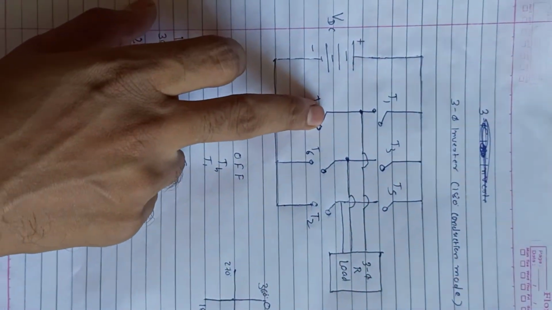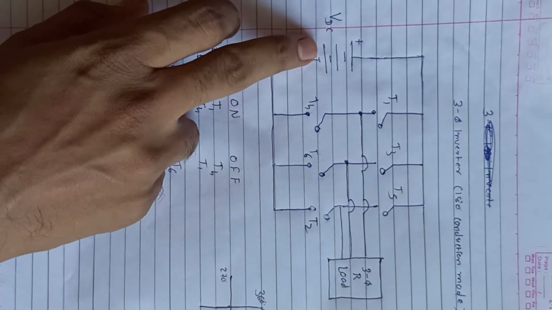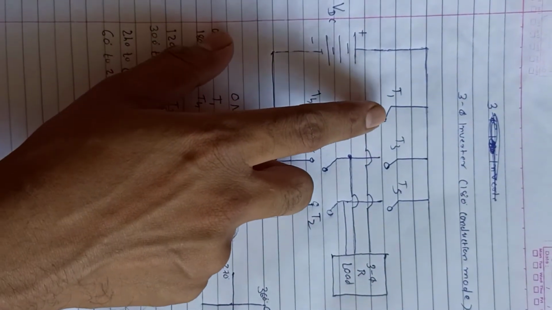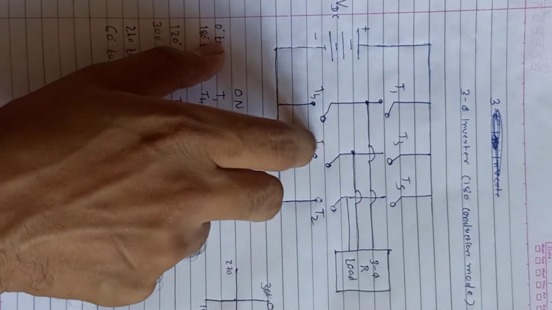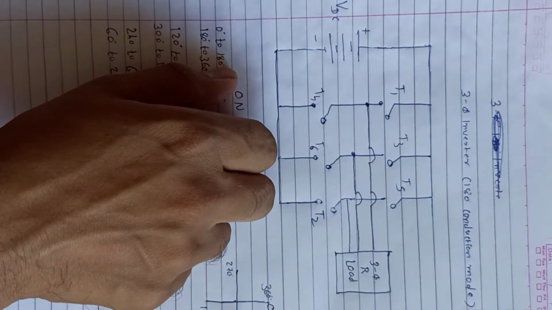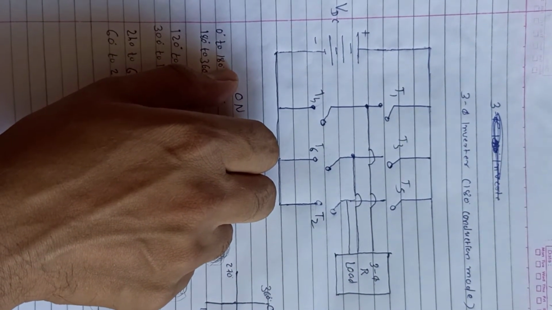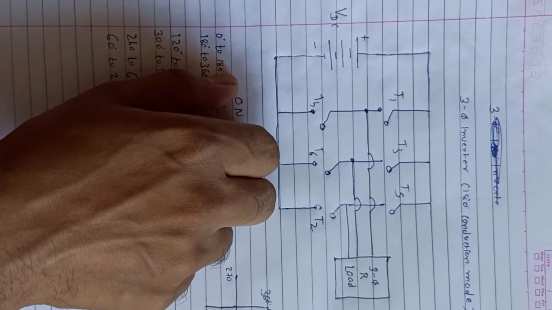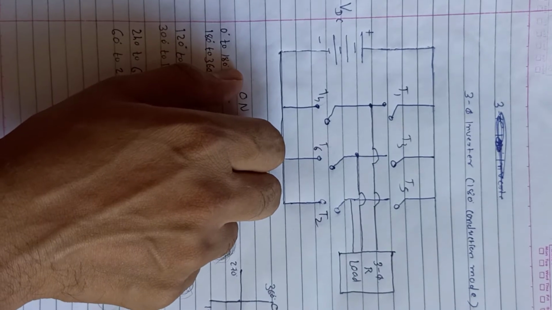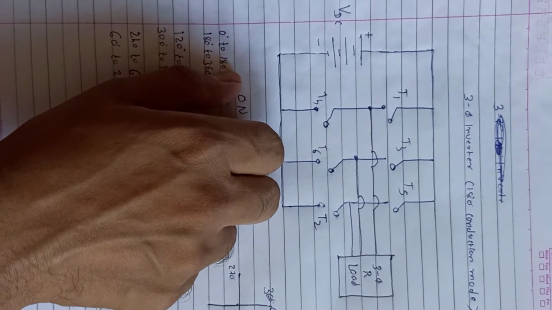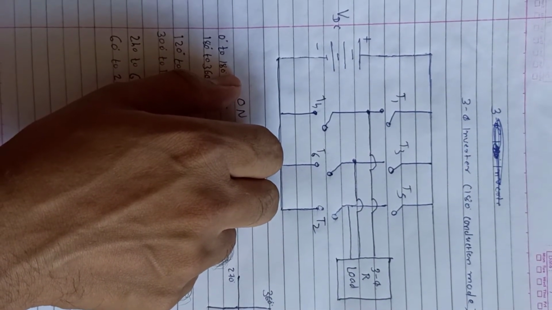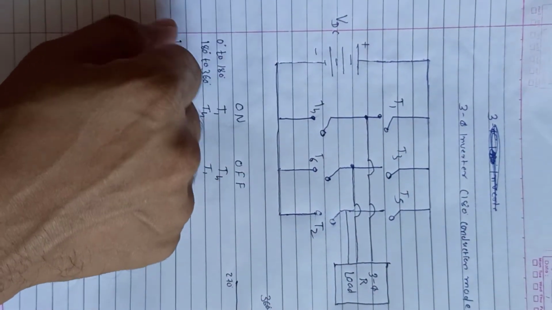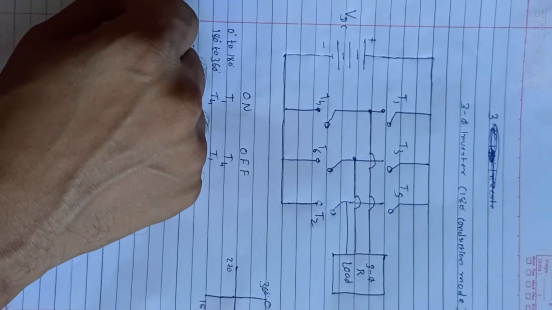This is a circuit diagram of a three-phase inverter, with our DC supply and a three-phase resistive load. These are the switches T1, T3, T5, T4, T6, T2. All are switches; you can take them as self-commutating switches like IGBT, MOSFET, GTO, or you can take a thyristor also, but you have to provide some commutation, because we know that a thyristor is not a self-commutating switch. So if you want to use a thyristor, you have to provide a commutation circuit also.